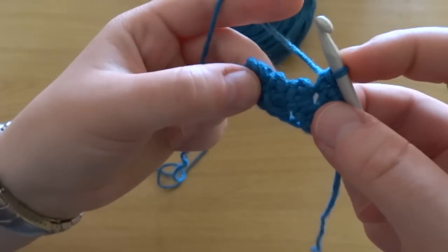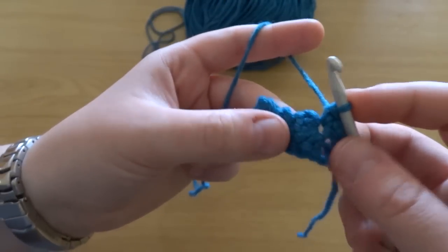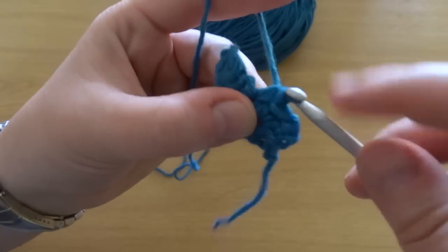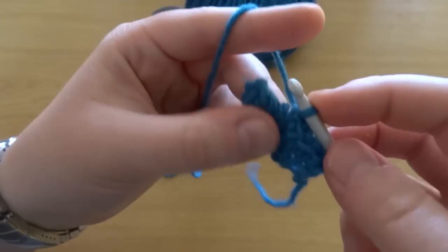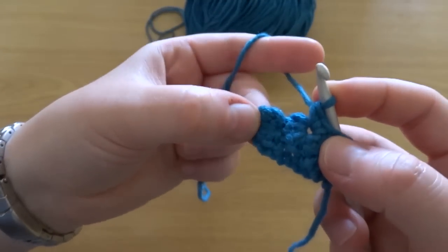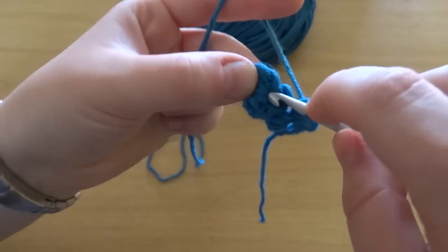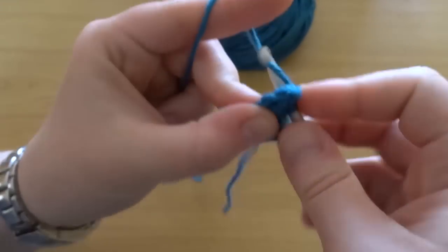And then we're going to do 2 single crochet into all remaining star eyes across the row. So we only got 2 left, so you're going to do 2 single crochets into the eye of this star. And 2, and then we're going to do 2 single crochets into the eye of the last star. It's a bit difficult to see there, it's quite tight. You go 1, 2,